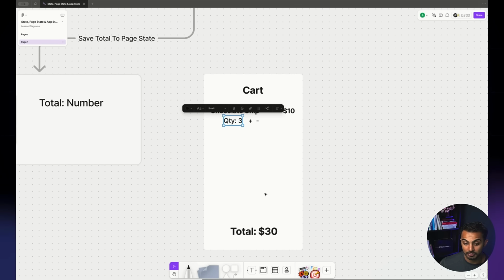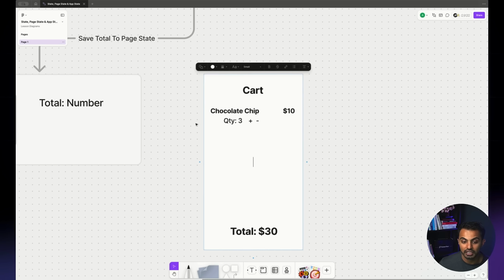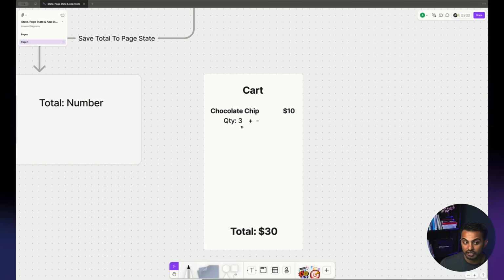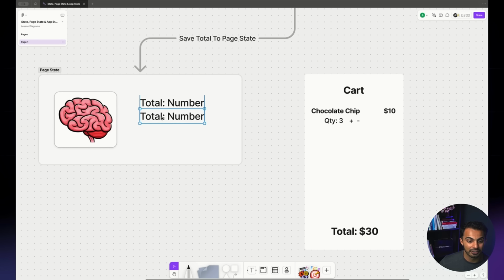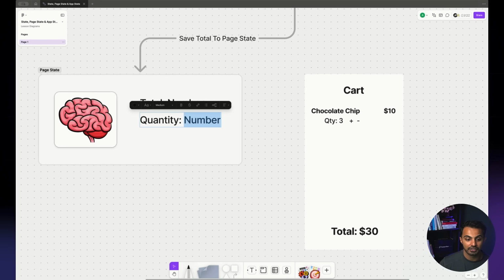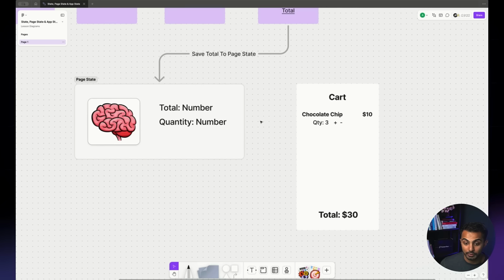state. But also, one thing that I forgot to mention is that even this value here, the quantity value, is going to have to be kept track of in page state too, because if a user clicks on minus, this quantity will decrease by 1. But how does the page know to decrease it by 1? Well, that's where state comes in. We need to make sure that we save it in state. So I'm going to have to add another variable here in the page state definition that says, hey, page state, keep track of 2 variables for me, the total and then the quantity on the page. So this is all we would need.